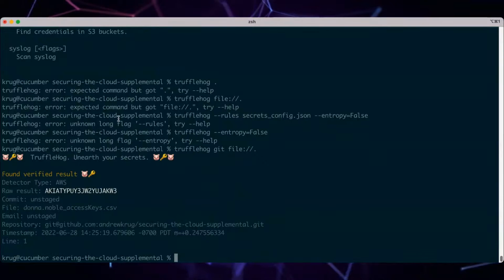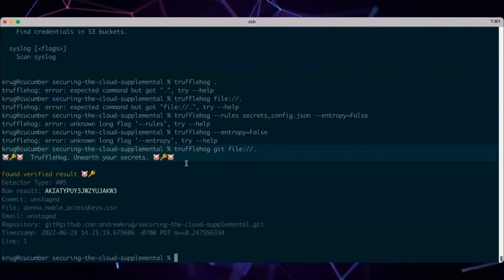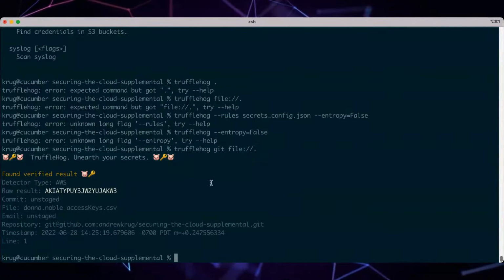There. Finally. So the new version of Trufflehog is apparently so much more awesome than the old version. You no longer have to provide it a rule file, and it just figured out the right thing to find without finding our false positives. Nice. It got the defaults right, I guess, from a usability perspective.